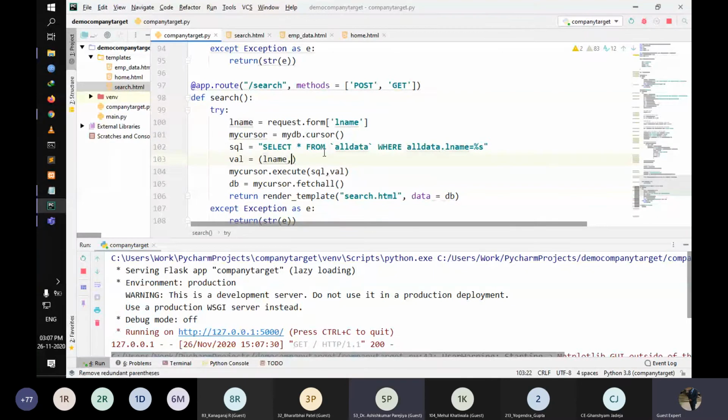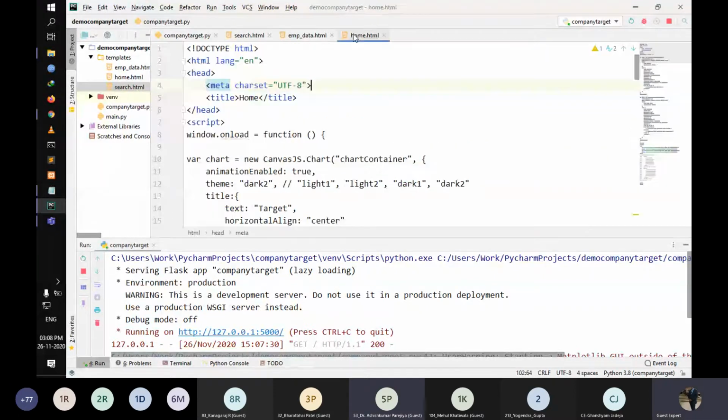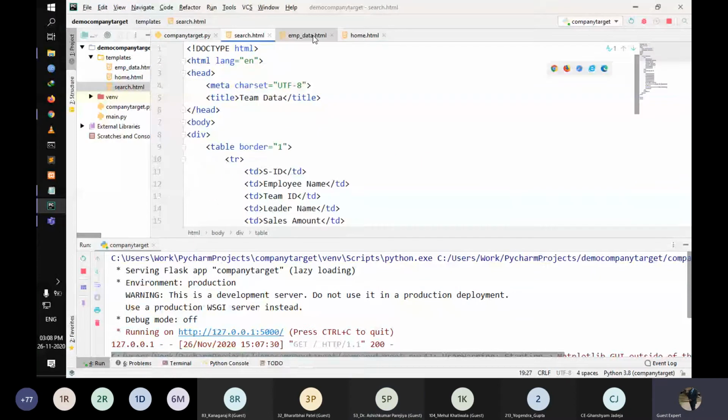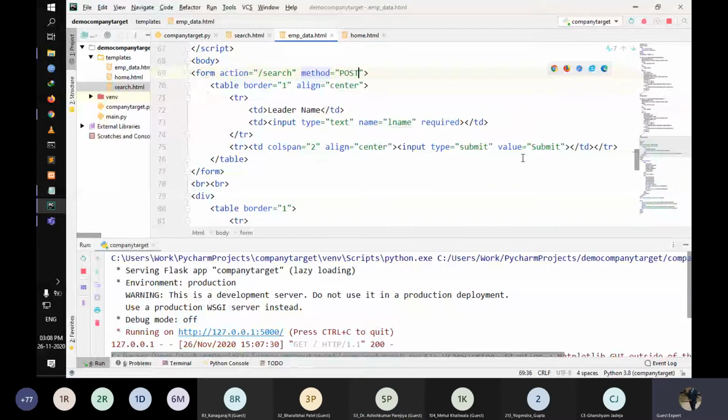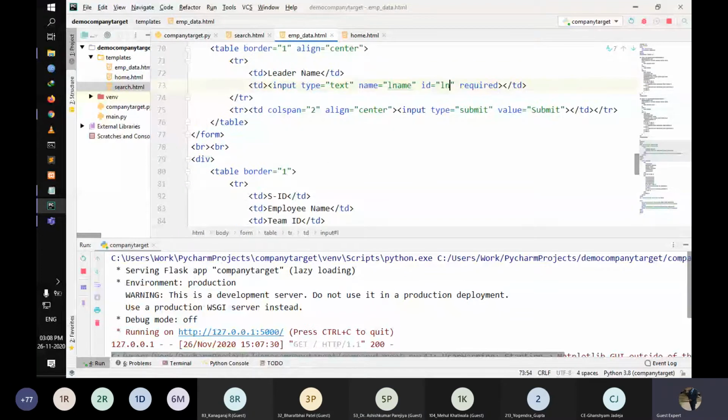Actually, percentage is being considered as Python syntax. So yes, we can use the formatter, with curly brackets. Just a moment. Make sure there is not an issue.